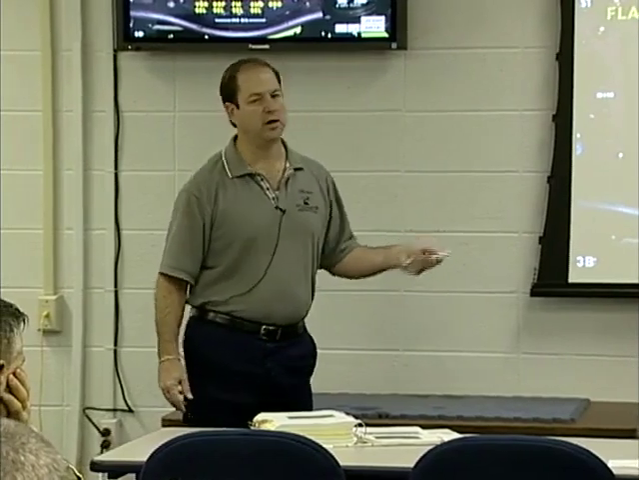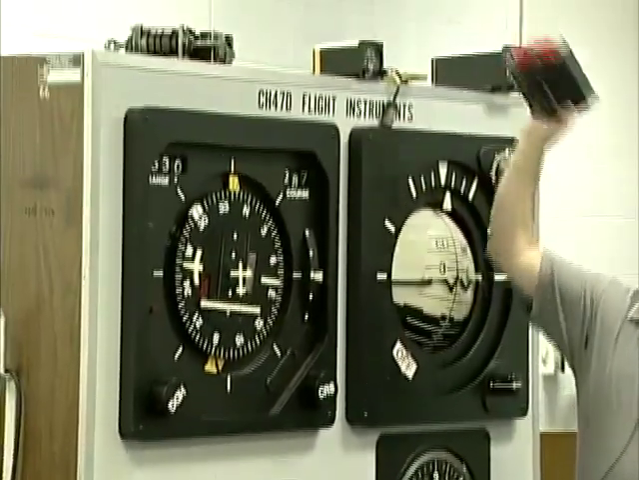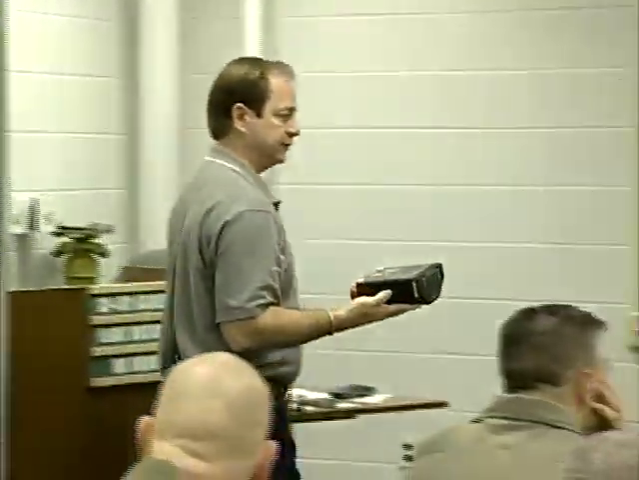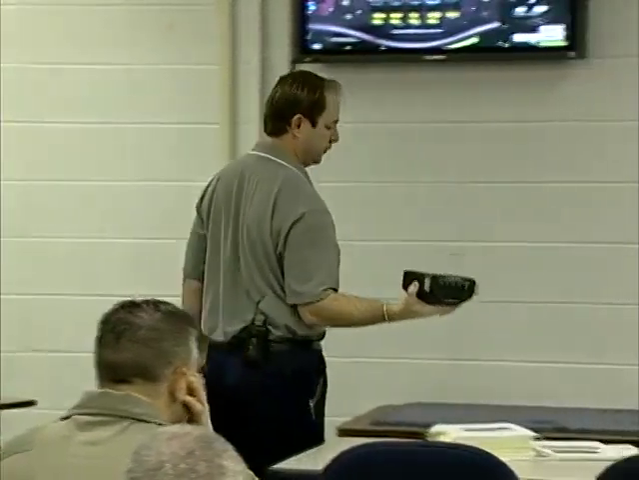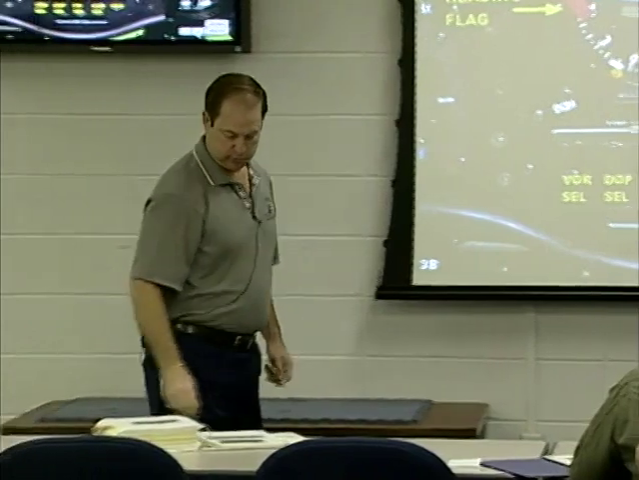HSI mode select, down here at the bottom. This is your HSI mode select panel. This is what it looks like, and this is what it looks like out on the aircraft. Okay, we'll pass this around and let you look at it. Switches are push on, push off type. Now, as we talk about them,